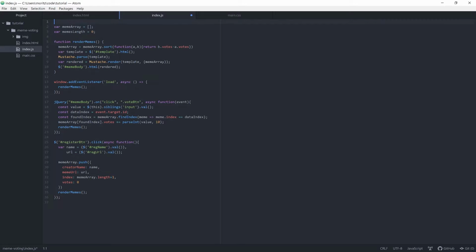At the top we now add the address of the Sophia contract that we have deployed. This can be a constant variable since we won't change it through the code. Copy the contract address of the contract you created in our Sophia tutorial and paste it in here. I hope you had some memes registered in the tutorial, so we can already test our frontend with them.